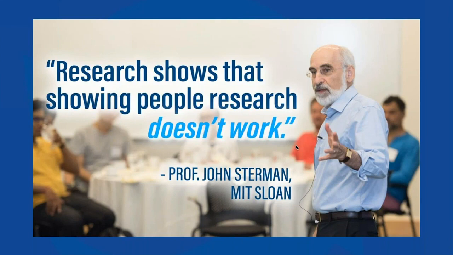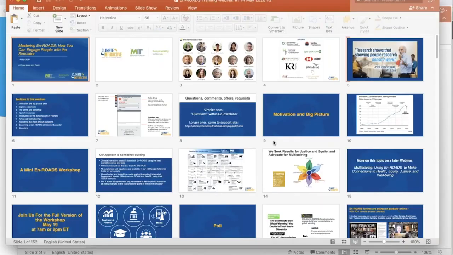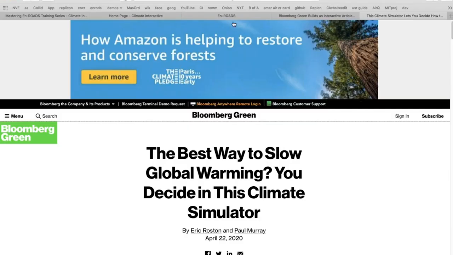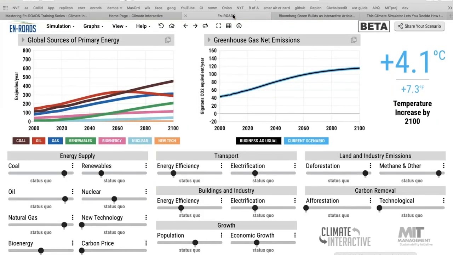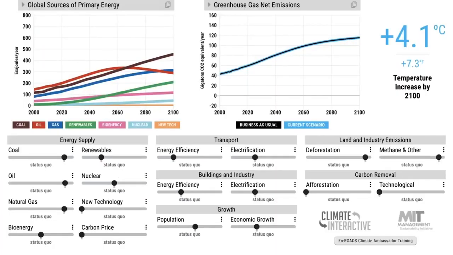simulators in order to help people think for themselves and see better futures and help them create better futures in a more often playful way with games, in a more engaging way where they can actually share their own thinking. Basically, I just started to use simulators, and eventually we've come up with one that we think is particularly powerful, and it's called En-ROADS.